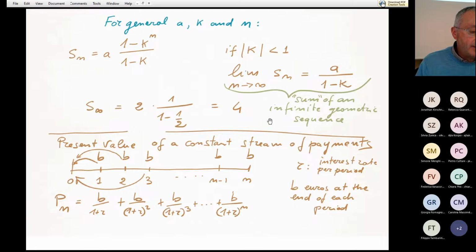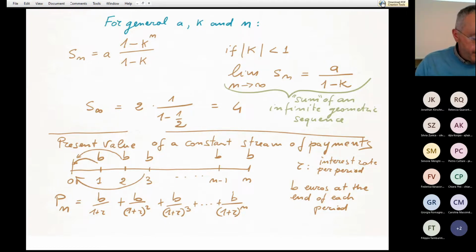And it is possible to compute the sum of infinitely many terms if and only if the common ratio is smaller than 1 in modulus. So if and only if the common ratio of our geometric sequence is smaller than 1 in modulus, which means between minus 1 and 1, okay, it is possible to compute the sum of infinitely many terms, and the result of the sum is first term divided by 1 minus the common ratio. Okay,